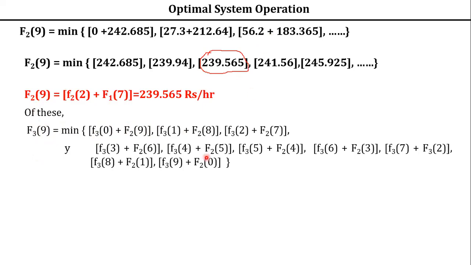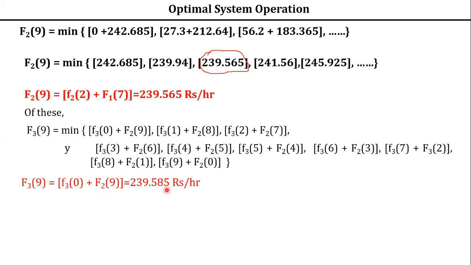No need to do this. I am explaining how DP can be used to solve the unit commitment problem. Illustrative example: like this, you find out F3 of 9. Similarly, F1 of 9 and F2 of 9 are over, F3 of 9 is over. This is how you are going to calculate. After getting all these values, what is the minimum among these values? That you have to write here. Approximately I have written it here. Actually, you will get the same units; I will tell you later. Now 239.585, this is the combination you got.